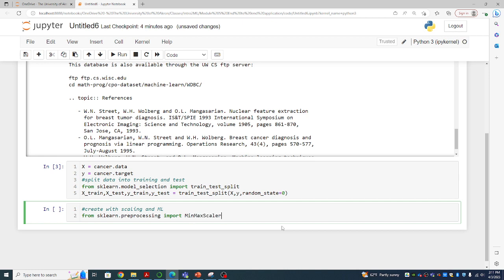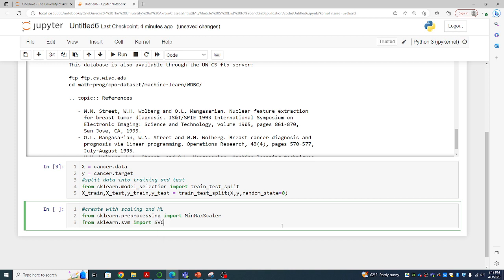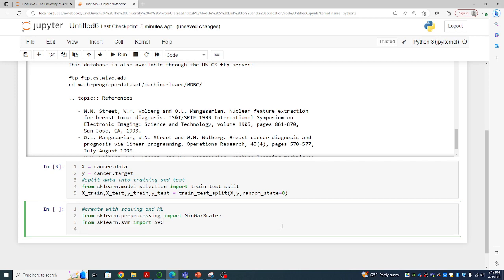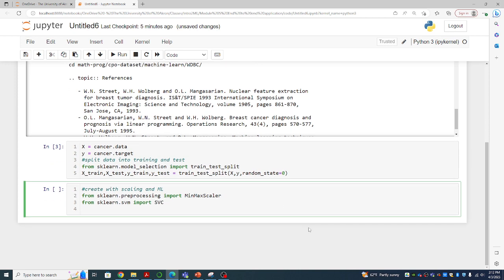So we rescale the data into a region from 0 to 1. And the machine learning model we'll use is SVM, because as preprocessing, rescaling data is a prerequisite for SVM. Classifier, because this is a classification problem, and we need a pipeline. So we'll use sklearn.pipeline, import